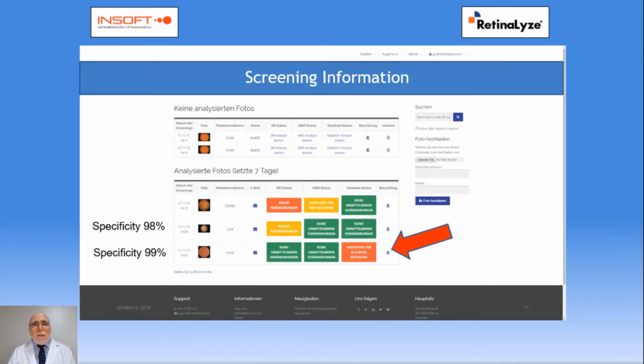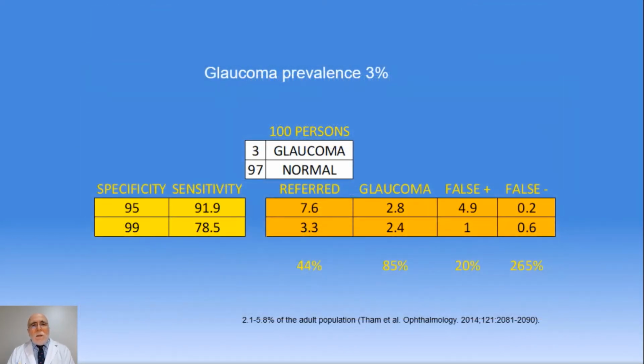The program has been designed by our group at the Spanish company Insoft and is available on the platform of the Danish company RetinaLyze. A few seconds after entering the image, the user receives the indication that the subject is probably normal, that presents a borderline situation with respect to normality, where the limits are set for a specificity of approximately 98%, or that there is a high risk of glaucoma when the level calculated for a specificity of 99%